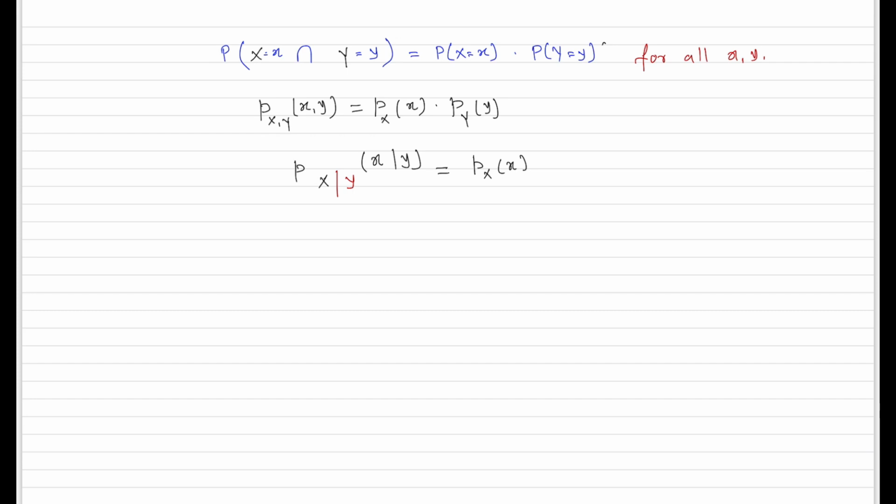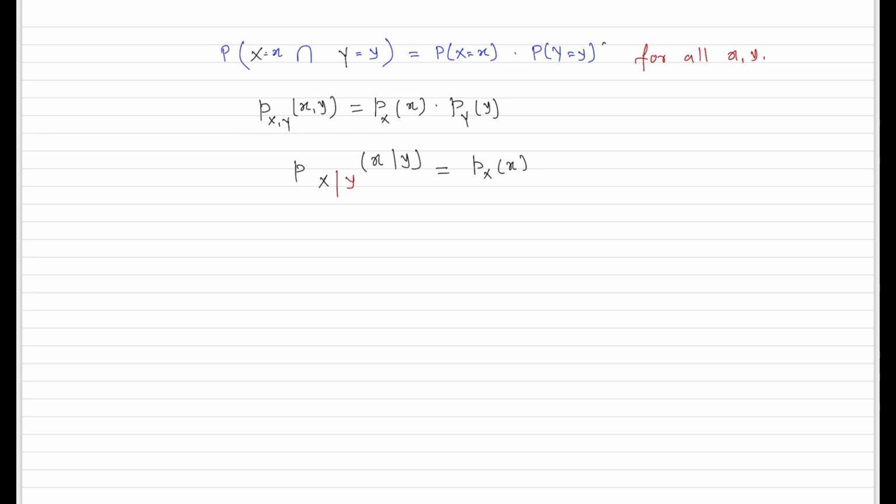Or in terms of the intuitive definition, the conditional probability mass function of x given y will be equal to the unconditional probability mass function of x. And again, this has to be true for all possible values of this argument, whatever it takes.